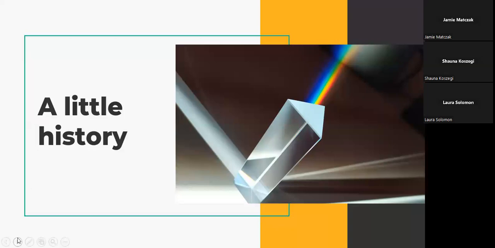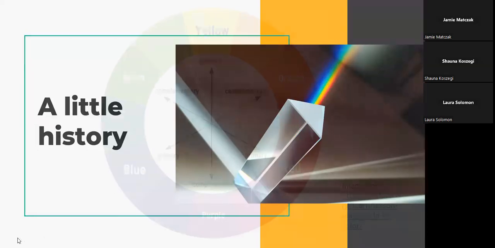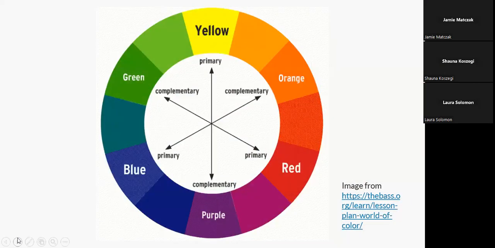But the modern color wheel, as we usually know it, was actually developed in the 18th century by a French artist named Johannes Itten. He broke color down into 3 primary colors, red, yellow, and blue, and 3 secondary colors, green, orange, and yellow. And this points to the idea of how these mix rather than just sitting there. So we actually end up with something like this, although this also shows complementary colors.